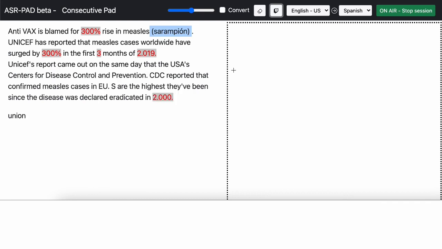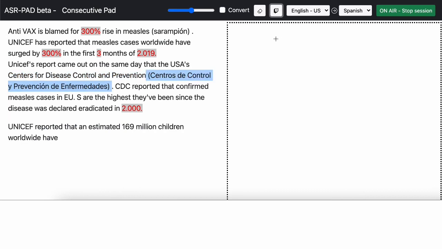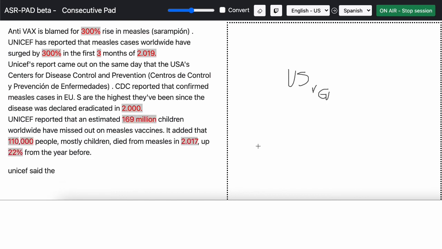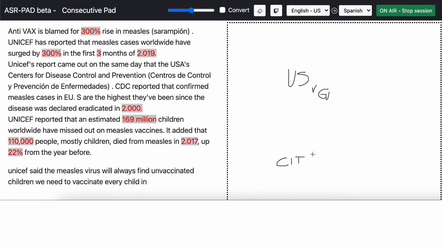UNICEF reported that an estimated 169 million children worldwide have missed out on measles vaccines. It added that 110,000 people, mostly children, died from measles in 2017, up 22% from the year before. UNICEF said, "The measles virus will always find unvaccinated children. We need to vaccinate every child in rich and poor countries alike." The CDC blamed the